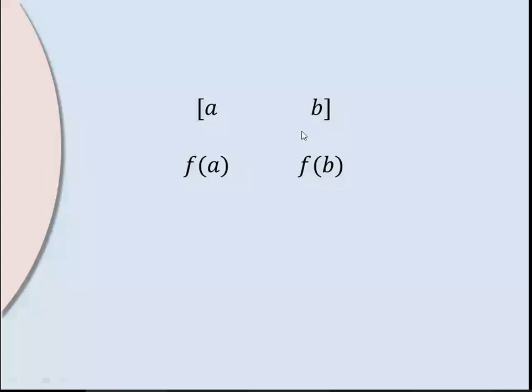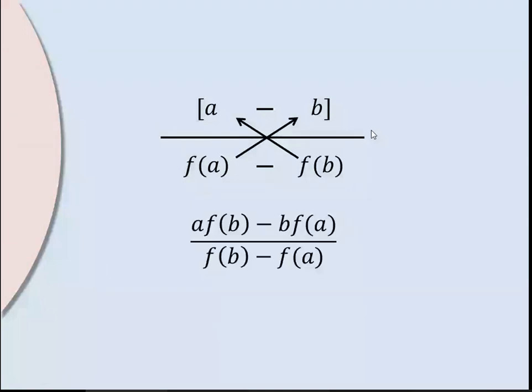Okay, so the easy way to remember this formula is just doing the simple cross multiplication and taking the subtraction, a f of b minus b f of a, then dividing by the two terms, we get this formula: a f of b minus b f of a divided by f of b minus f of a. Okay, this is the formula. If a is fixed, then replace b by xn. If b is fixed, then instead of a, take xn. So using this formula, we can do the calculation. This is also very easy and very, very important. By using this, we can get the roots.